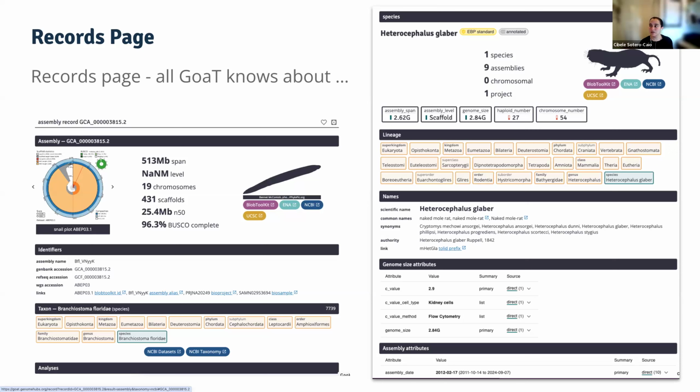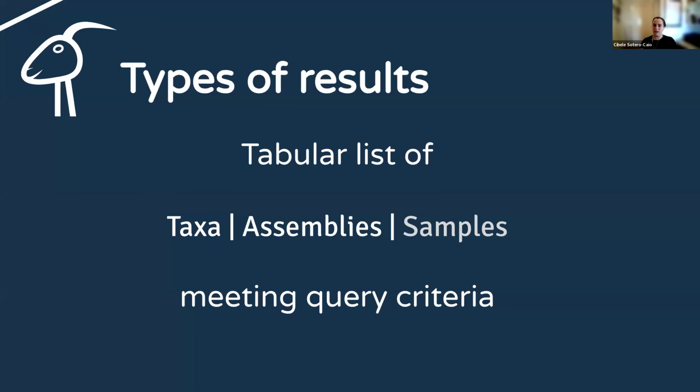If you're just studying that species, remember that there is a link on top when you do a search on GOAT. You can just put API v2 and then it retrieves everything for you. And remember, these are all summary values, right? Or one picked as the primary one for display. If you want more data, you can always get the raw data and the tidy version that I'm going to explain a bit later.